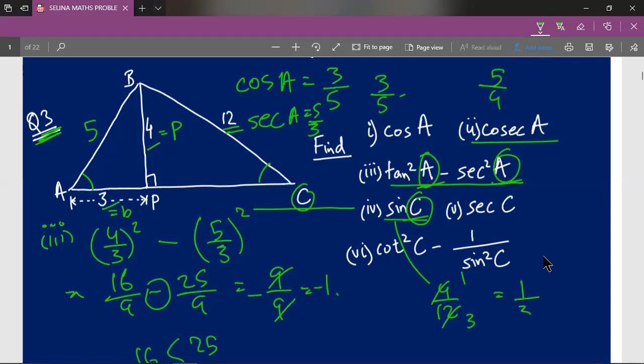No units required. Secant C. So secant C basically means 1 upon cos C. We'll first find cos C. So alphabet C should be to the ground. With respect to angle C, tell us cos C. Cos C basically means base upon hypotenuse. Here we don't have base. So if we don't have base, we shall find our base, that is 8 root 2.